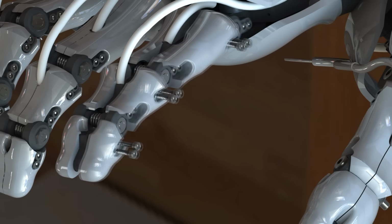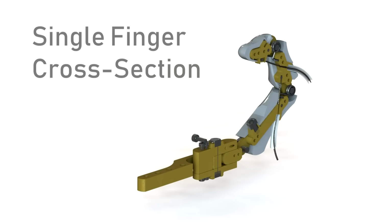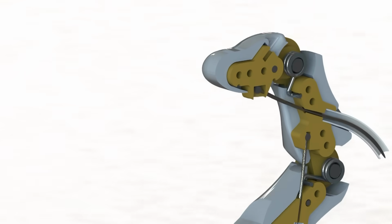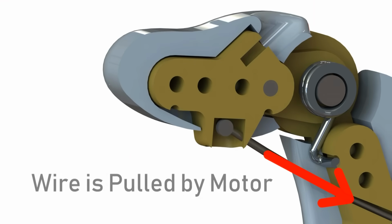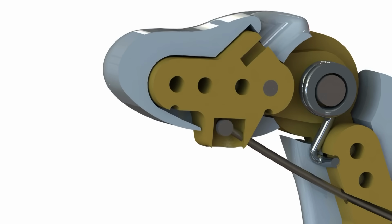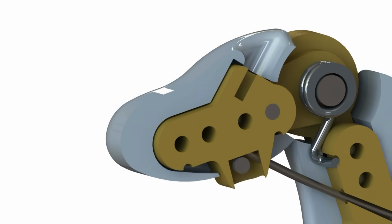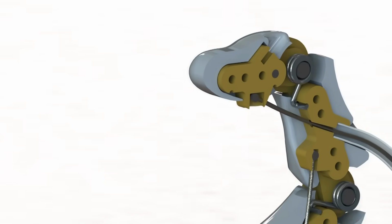Now the way that they're actuated is by using a sort of cable and spring arrangement. So all the motors are mounted in the forearm, and those motors have little pulleys on them which pull some cable through a cable sheath. If you think of a brake cable in a bike, you pull the brake, which pulls a little bit of wire through the cable sheath, which actuates the brake calipers at another part of the bike. That's the same kind of idea here,